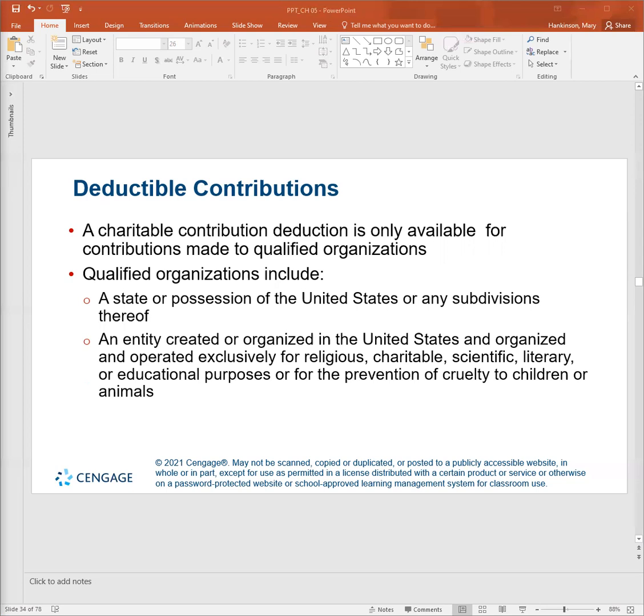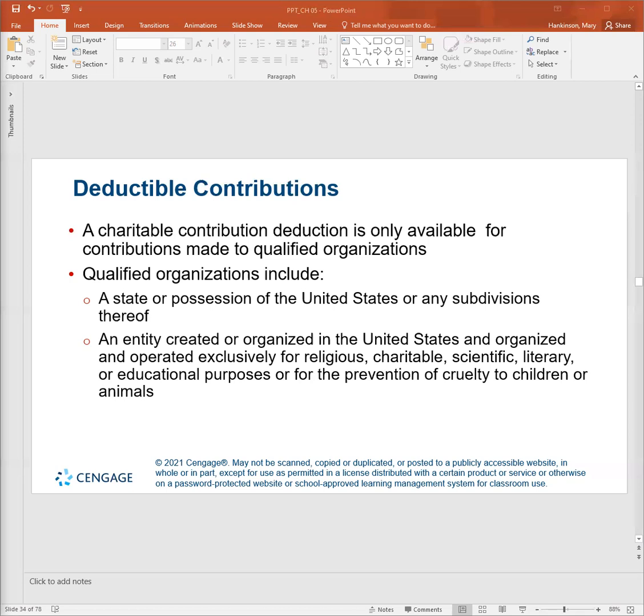These requirements, while impacting the deductibility of a contribution, also have potential consequences for the timing of the deduction. So recall that an accrual-based taxpayer may generally only deduct an expense when both the all events and economic performance tests are met. Since no consideration results from a contribution, a contribution can never meet the economic performance test. Rather, contributions are usually only deductible when paid.